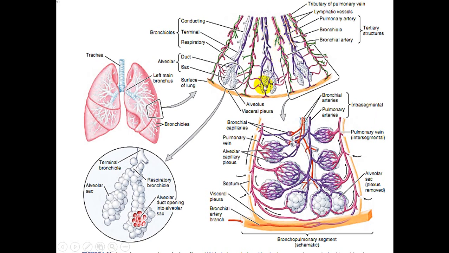In this diagram, again, we can observe that after dividing repeatedly, each tertiary bronchus or segmental bronchus is giving rise to terminal bronchioles, which are the very small branches up to 1 millimeter in diameter, and the terminal bronchioles then give rise to respiratory bronchioles. The end of the terminal bronchiole ends the conducting part of the respiratory system, while the start of the respiratory bronchiole is the start of the exchange part or the pulmonary unit.